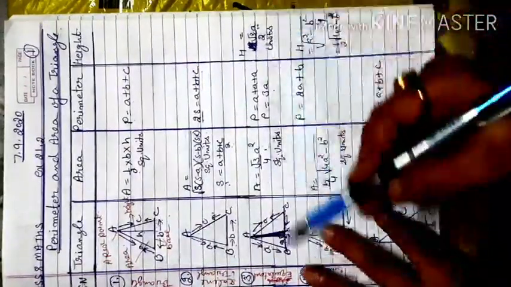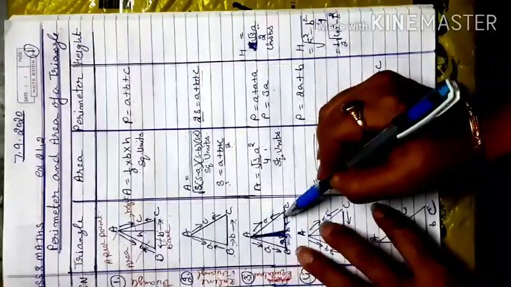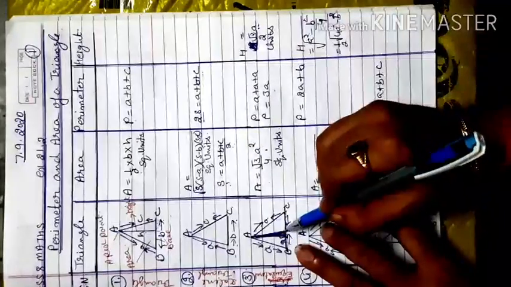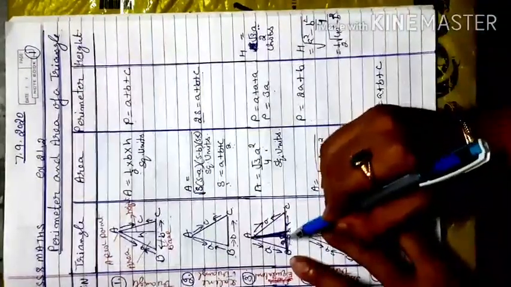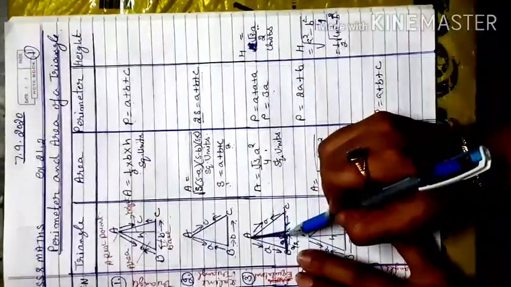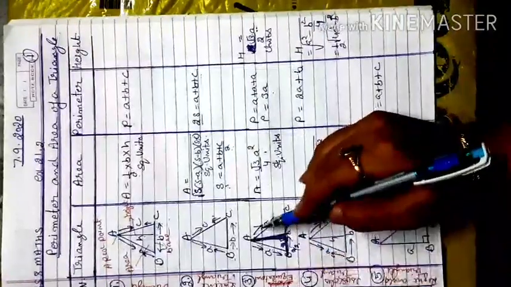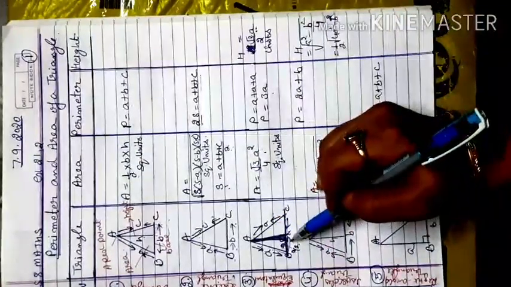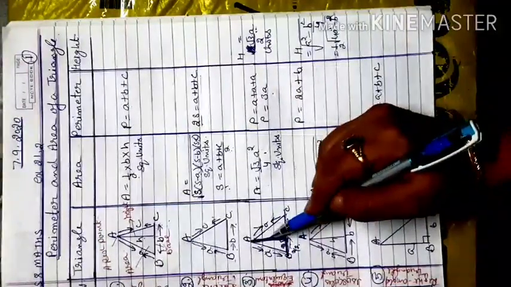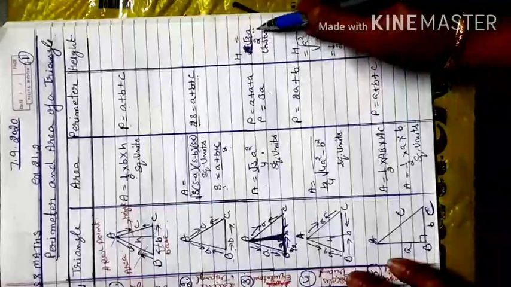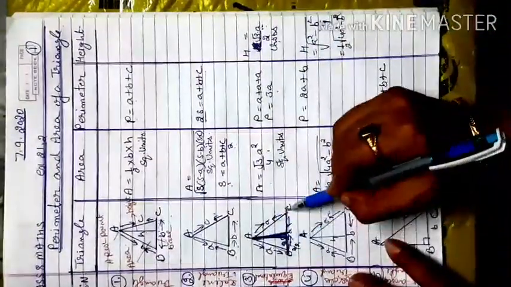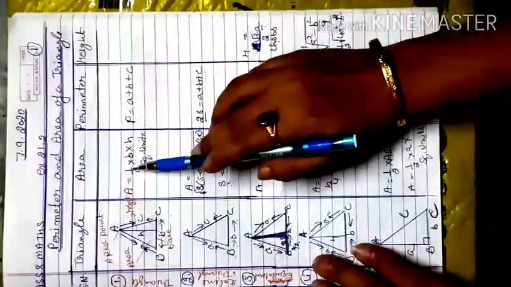I repeat again, if an equilateral triangle is given to you, you mark the middle point of BC, join the vertex with BC, and this side will be taken as half of the side a. By Pythagoras theorem, when you find this perpendicular, hypotenuse square equals base square plus perpendicular square. When you extract the value from the formula, perpendicular square gives you root 3 by 2 a. And after getting this height value, you have base a, then you apply this formula again, half